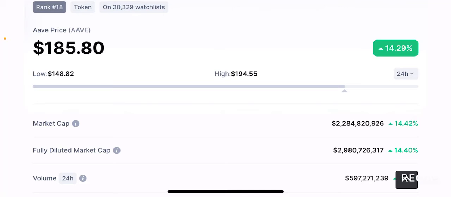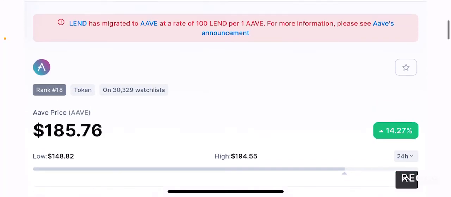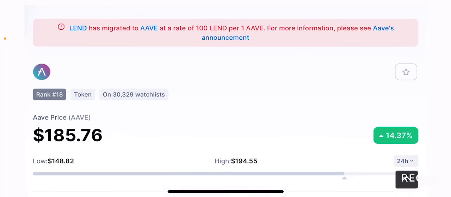But when it gets integrated into the Binance Smart Chain, which has less than 10 cents in gas fees, right? And it's also a rapidly growing network, which is although not really a competitor of Ethereum, it is on its way to be a competitor, because many people who want to use DeFi but can't access Ethereum are basically using Binance Smart Chain. So when Binance Smart Chain incorporates AAVE, which I'm pretty much sure that it would by the end of this year, that will mean that this token